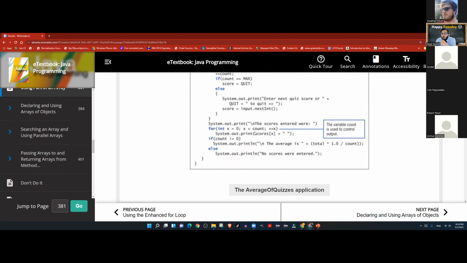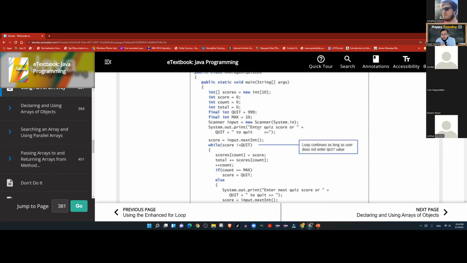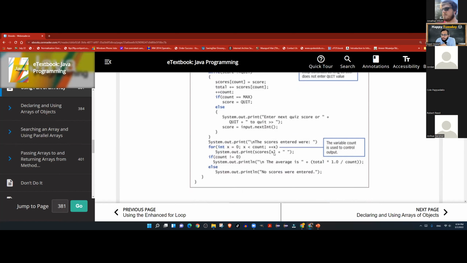And then why are we not using scores.length? Why are we going up to count? Why are we going 1 less than count? Can anybody answer that question? Why are we not using scores.length?